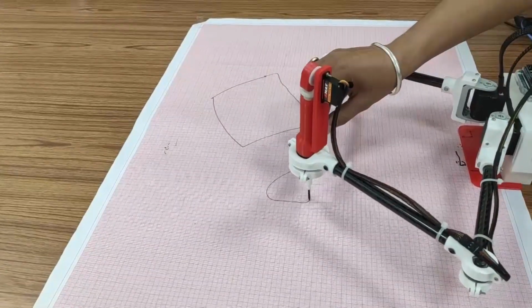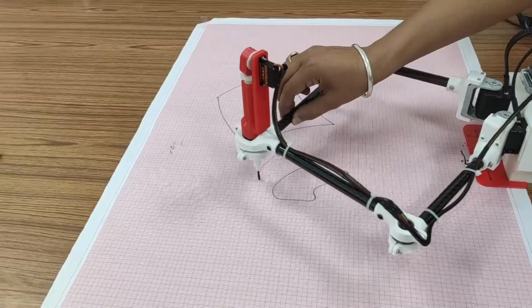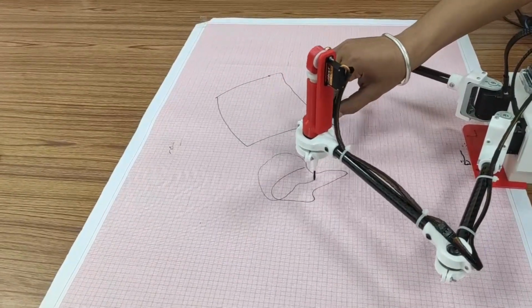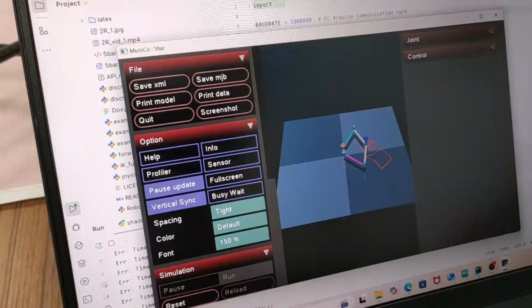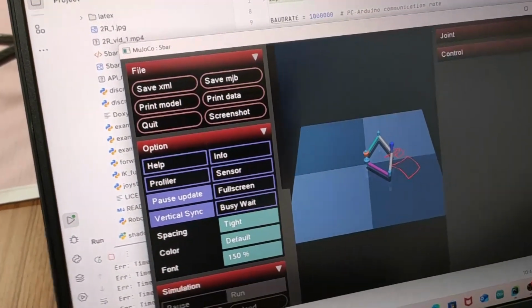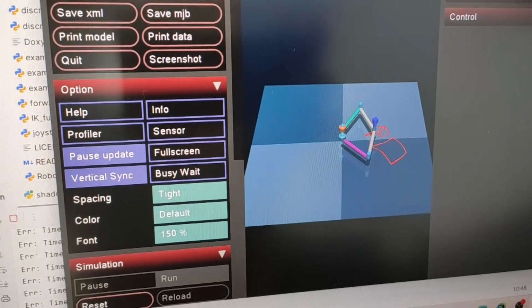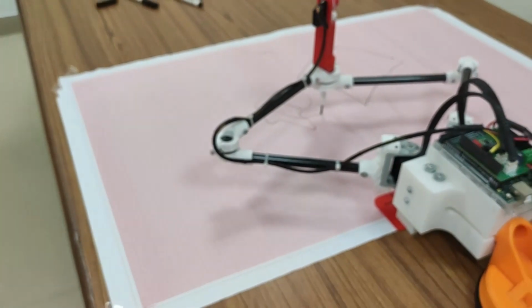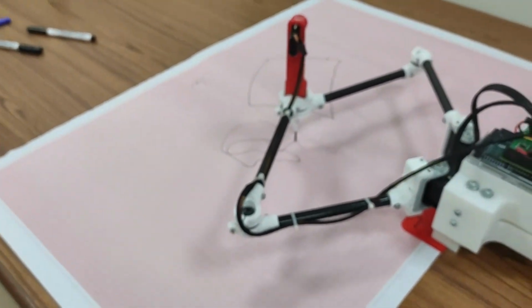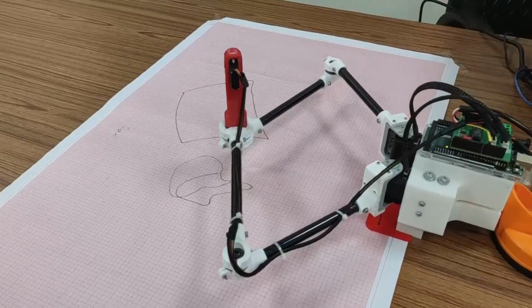So you can copy some other kind of trajectory. For example, we draw any kind of shape, and exactly the same shape is going to be replicated on the simulation also. There is feedback from the motors which is coming, and if you see it more closely, exactly the same shape has been drawn there also. So this is a task for tracking, in which the manipulator is doing exactly the same thing, and the simulation is showing that only.